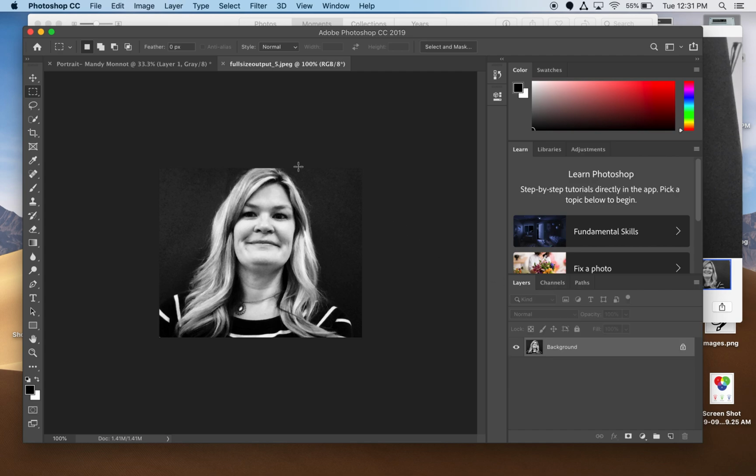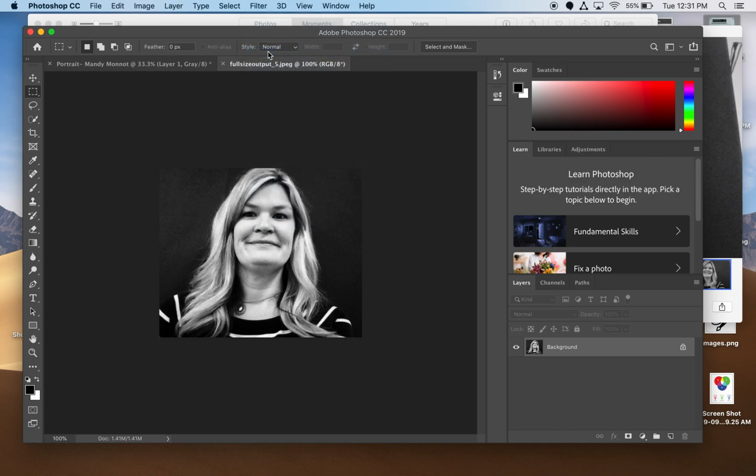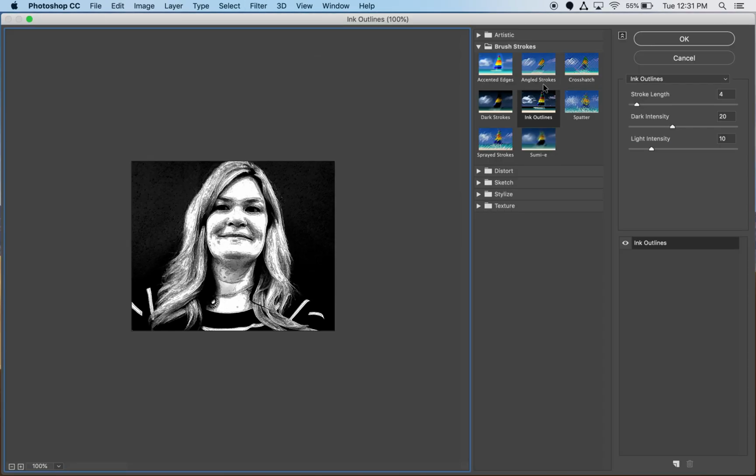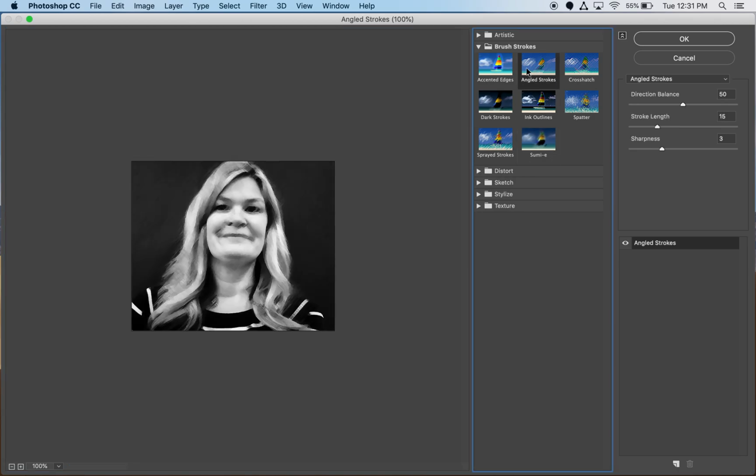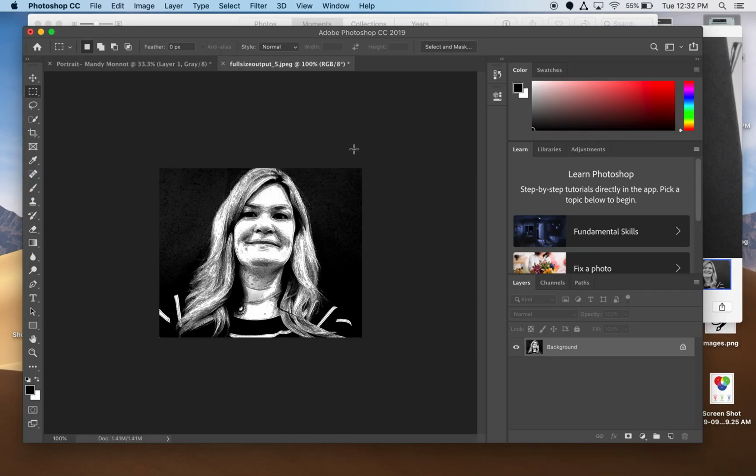When you have your picture there, then I want you to go up to filter. You can kind of check out the filter gallery. It'll kind of show right here, and you can click on things, but the one that I want you to print today is called Ink Outlines. So if you switch it, you can see all of these different wonderful things that you can do as effects for printing things out, but I want you to do ink outlines and hit OK. Now it has separated your picture into tints, tones, and shades for you, and it'll make it a lot easier